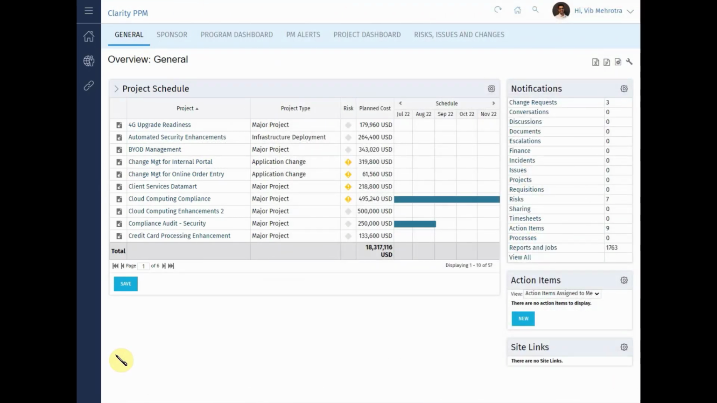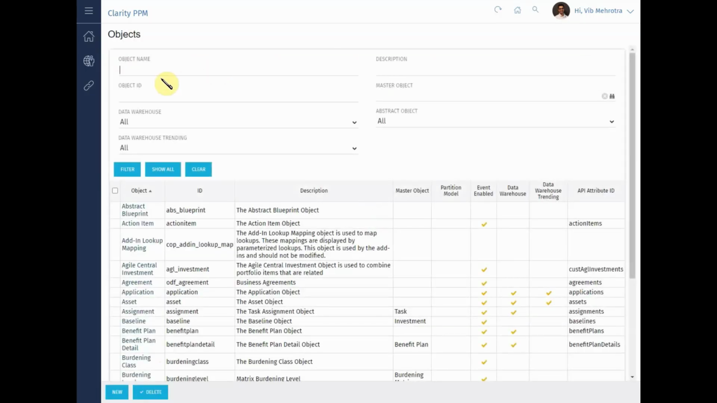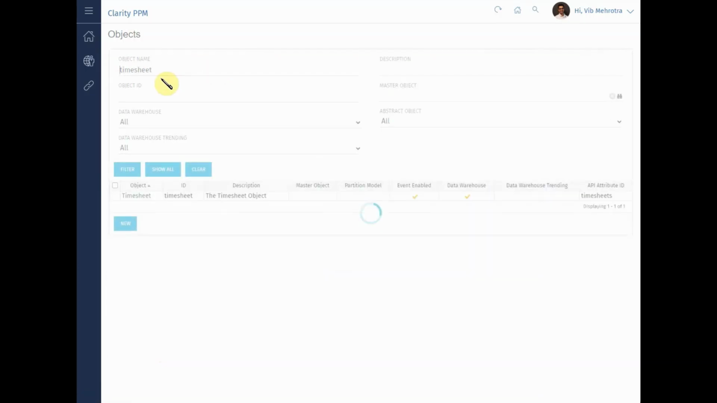So here I am in Clarity 16.0.3. I'm going to start off with the classic part of the application, because I'm going to show you how to enable auditing for timesheets. Enabling the auditing of a timesheet is done in the studio under objects. I can filter for timesheet, and now you can see that I have timesheet as an object available to me